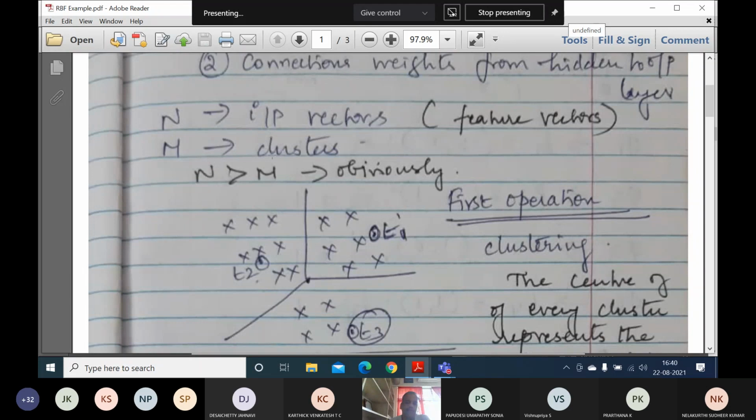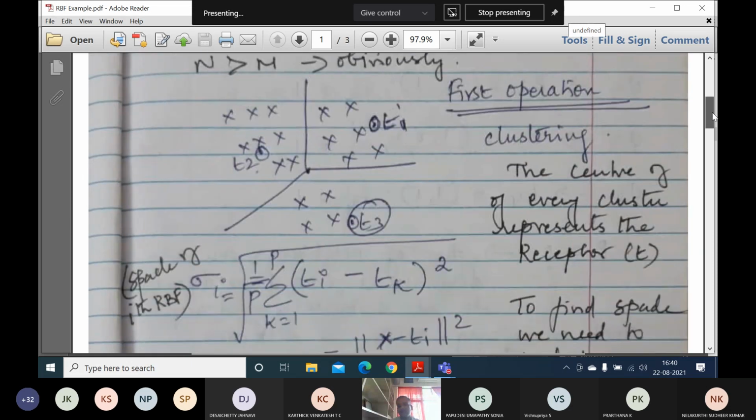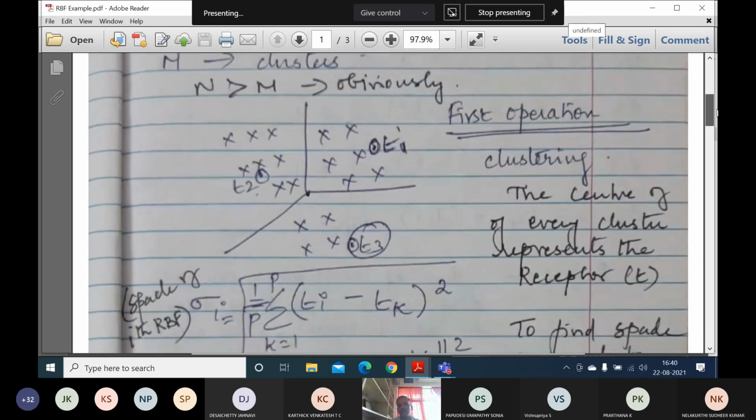Capital M is the number of clusters, and capital N is the set of input vectors, which is nothing but the feature vectors. The first operation is clustering. I am trying to group those with similar characteristics and behavior, grouping them as cluster 1, cluster 2, and cluster 3. So after grouping or clustering,